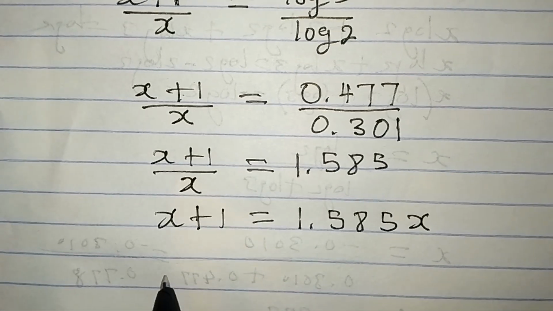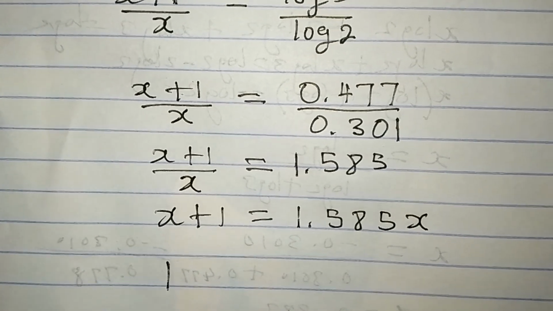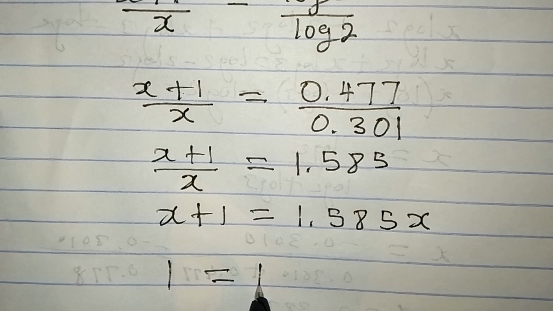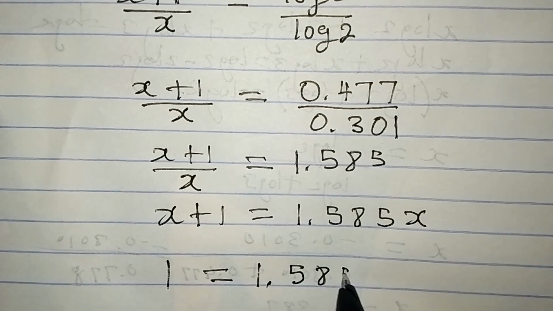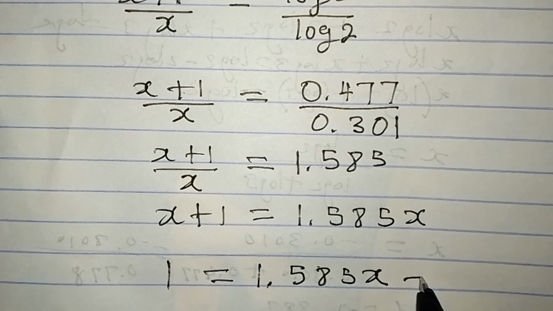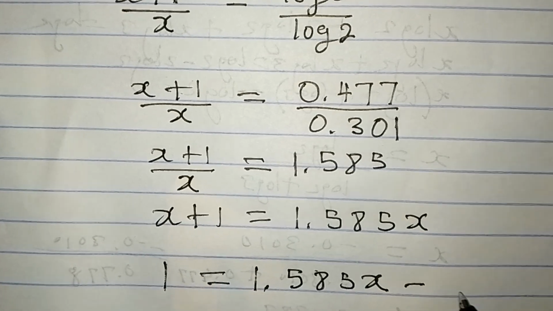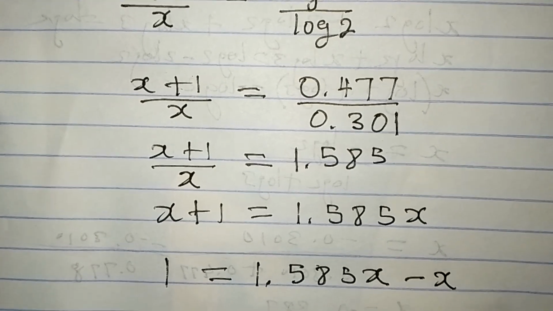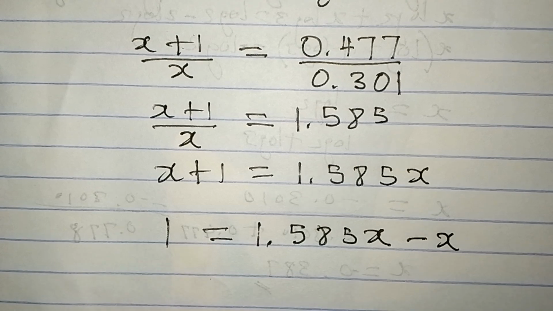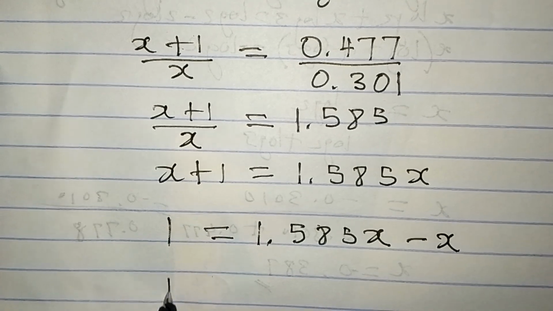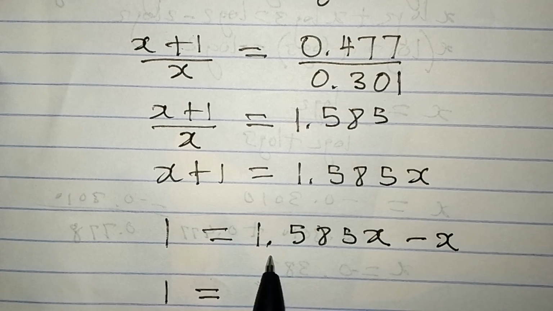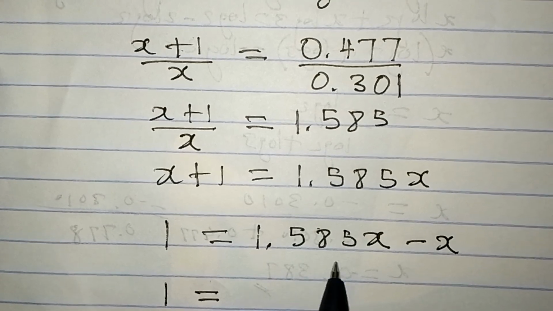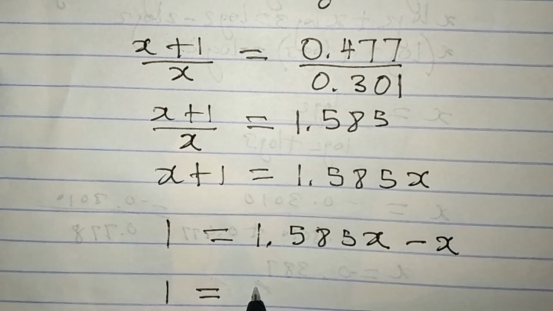So we're going to have 1 be equal to 1.585x minus this x will go there to become negative. So from here, we have 1 here, which will be equal to, if you subtract this, 1.585x minus x will give us